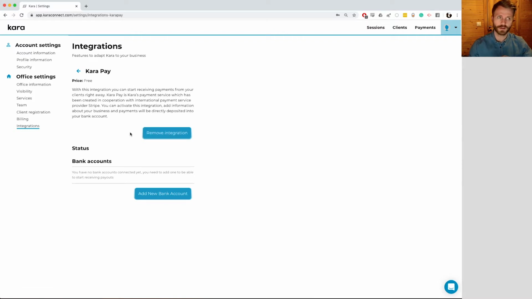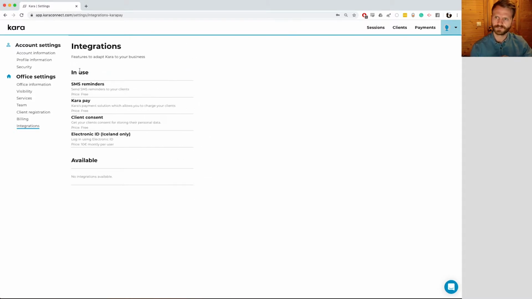When you add the integration, you need to put in some details about you and your company, and add the bank account and an identity document. And once you've done so, you will be able to receive payments for your sessions and the service that you provide. So after you've added this integration, the Cara Pay,